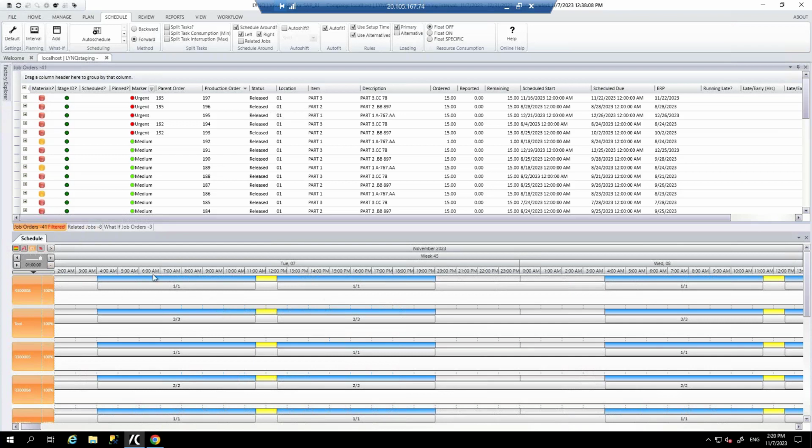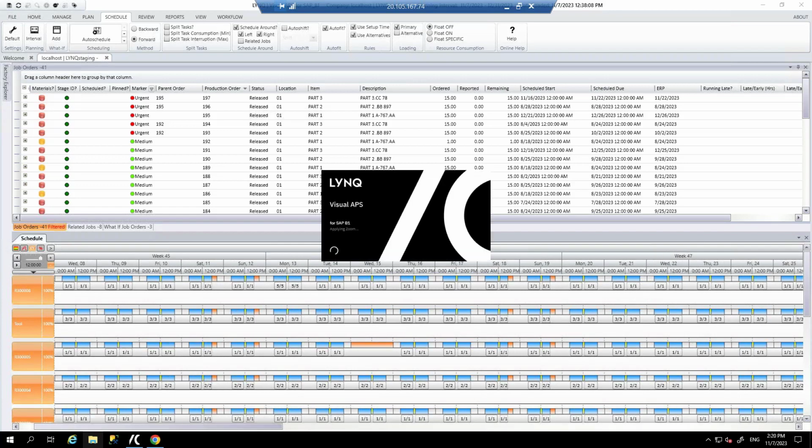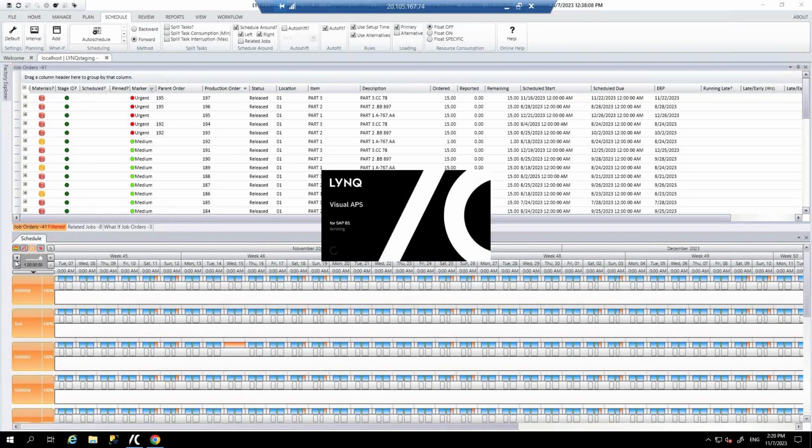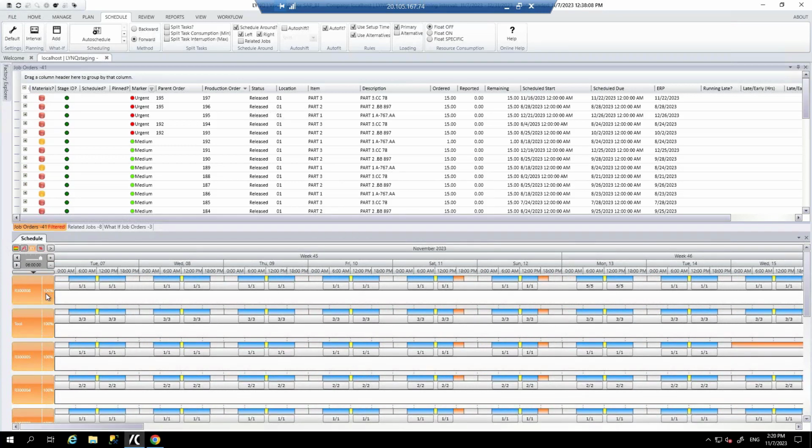So at the moment, this is my standard shift. I can go off and create different shifts for different work centers. I'm looking at my planning board in 1 hour increments. I can zoom out to see the entire planning horizon, or zoom back in to see increments of 1 minute. So you can zoom in, zoom out very easily and see how each of your work centers is loaded. By doing that, it makes it very easy to see. You can see the percentage of available capacity on each work center down the left hand side.